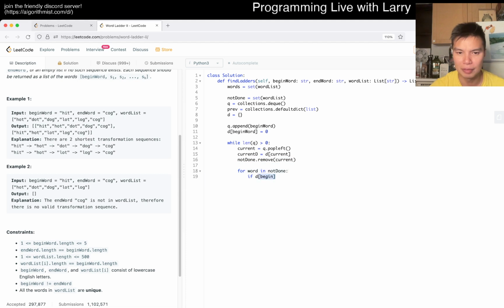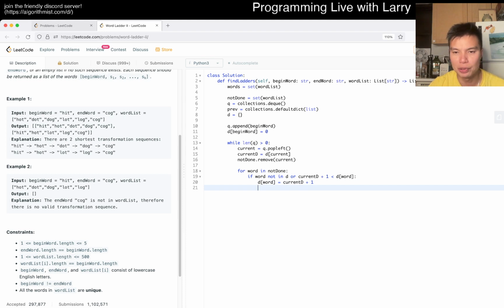So basically, if current D plus 1 is less than D sub word, or if word is not in D, then we set D of word equal to current D plus 1.